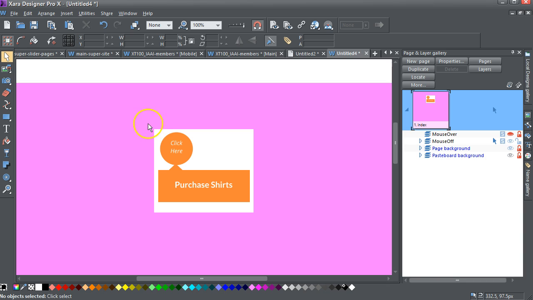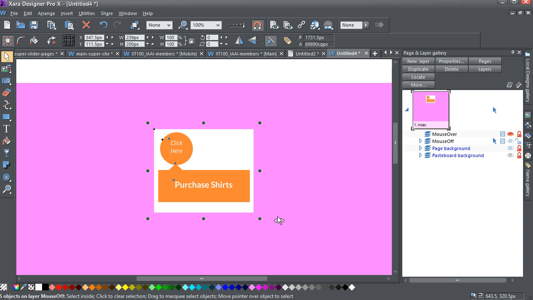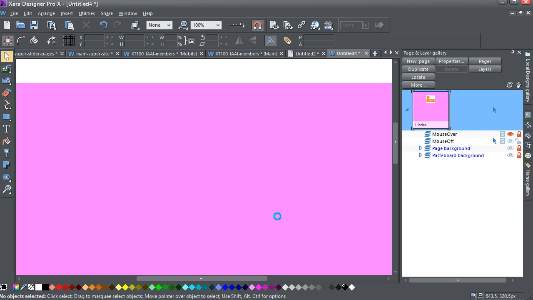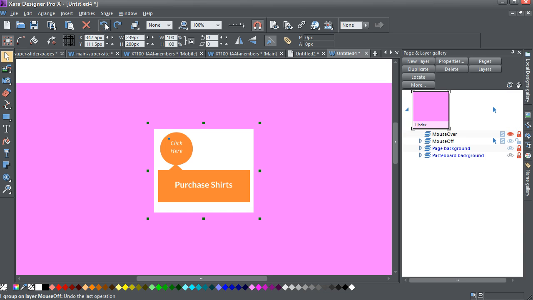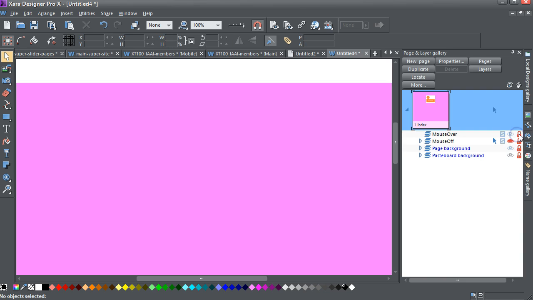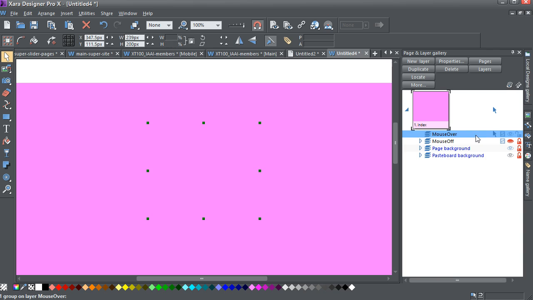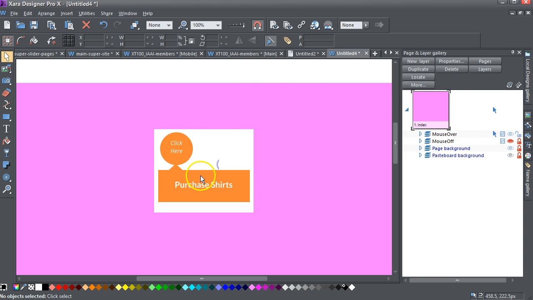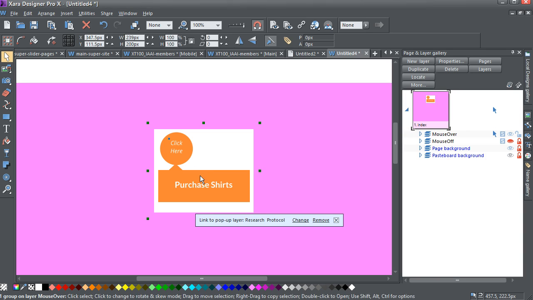So I can copy that. I can go Control, select all that, and go Control G. I won't go Control G at the moment. I'll just go Control Copy. What happened there? I don't know. Come back. All right, here we are. Control Copy. That's in the mouse off layer. I'm now in the mouse over layer, and I'm going to go Control Shift V, which pastes it exactly in place. I'm going to select this. I'm going to go Control Ungroup,